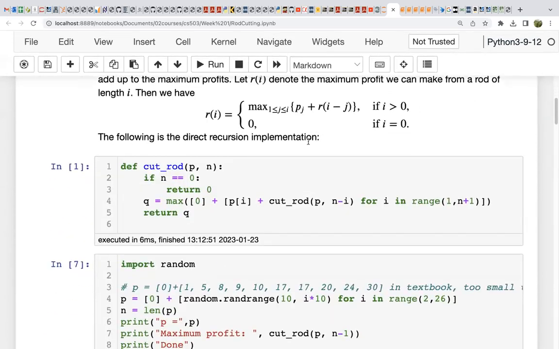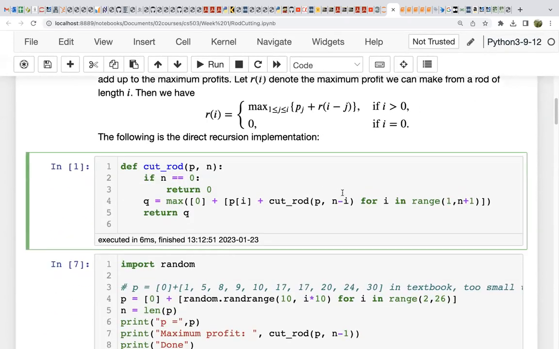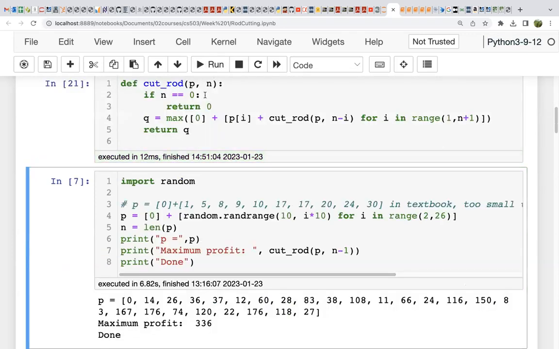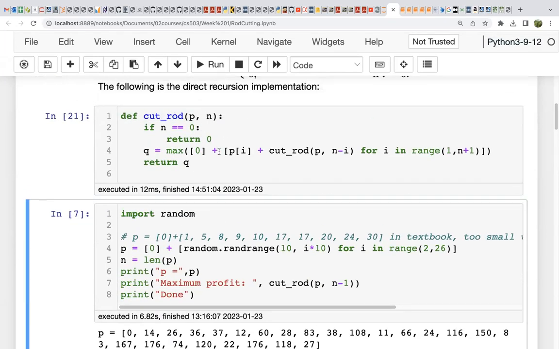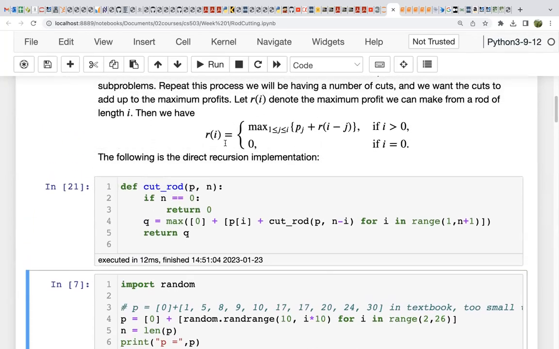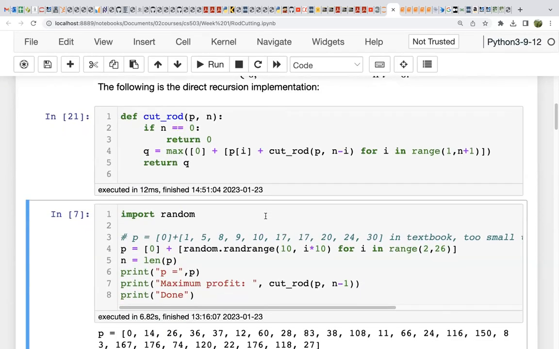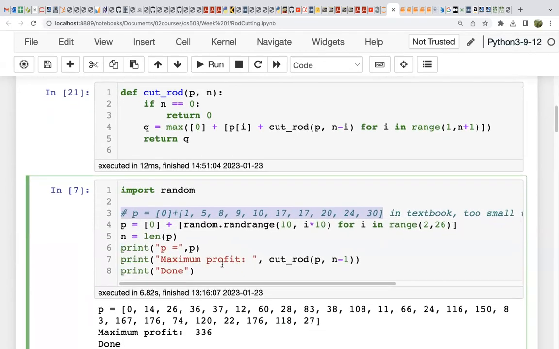All right, so we run this. Now this is cut rod. This is a straightforward or naive implementation. So let's run this. And now this just runs the function cut rod. This is a direct implementation without using memoization. So this is your textbook example, but its input is so small that you probably don't see any difference at all